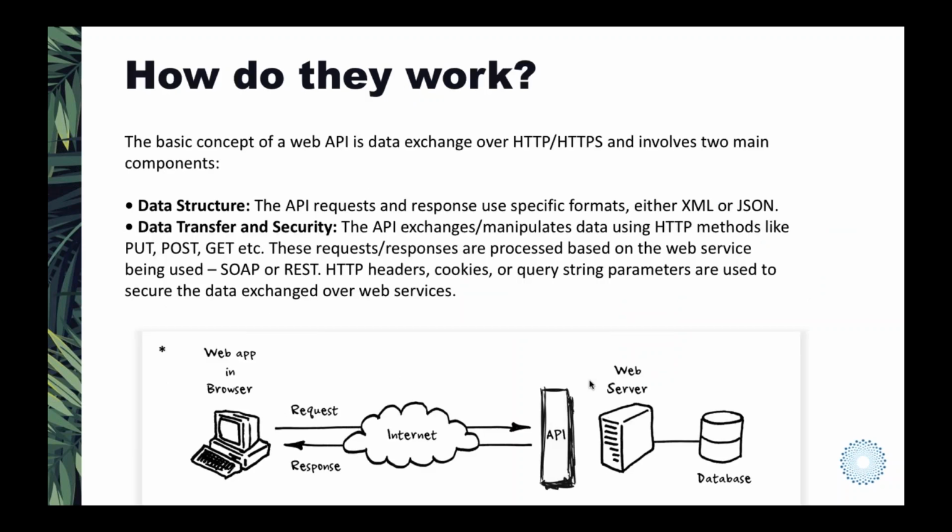So how do APIs work? Well, traditionally they work over HTTP or HTTPS, and the formats most commonly used today are text, XML, or JSON. You're able to communicate with these APIs using what we call PUT, POST, or GET, so we're either sending information down or getting information back. You can control these APIs with headers, so you can determine how you're going to interact with them as well. And the two most common